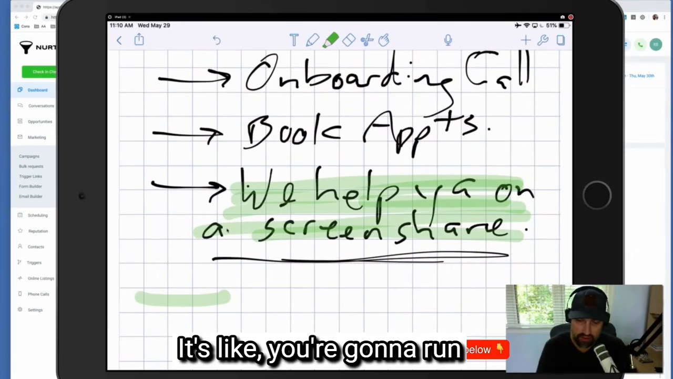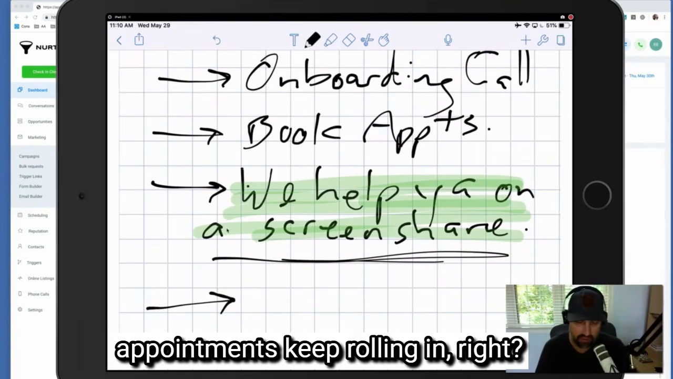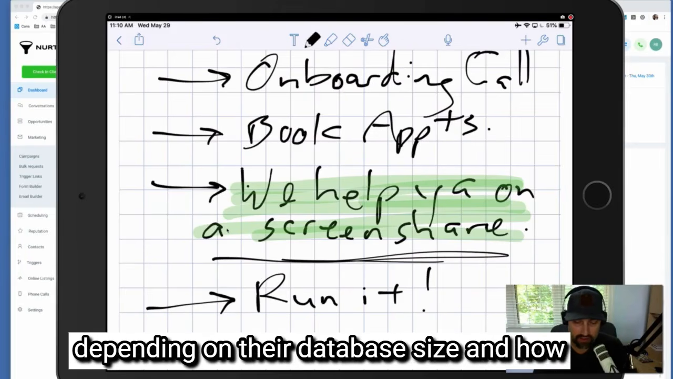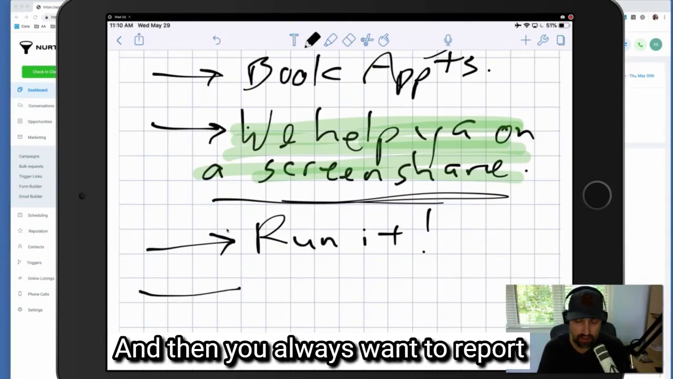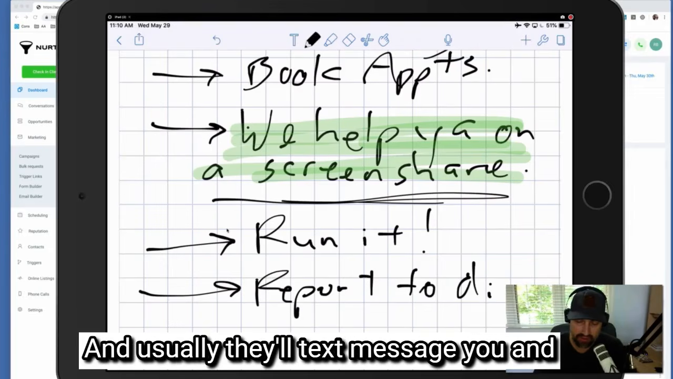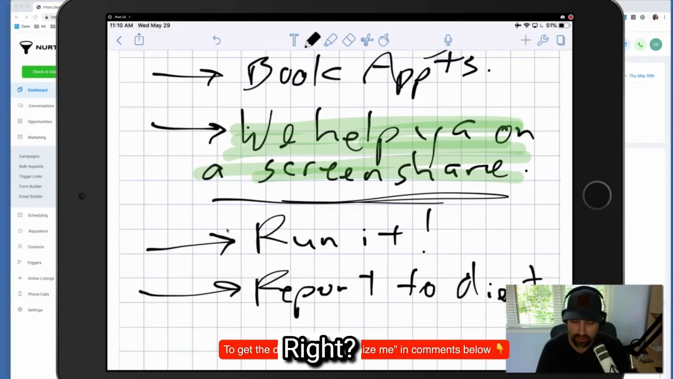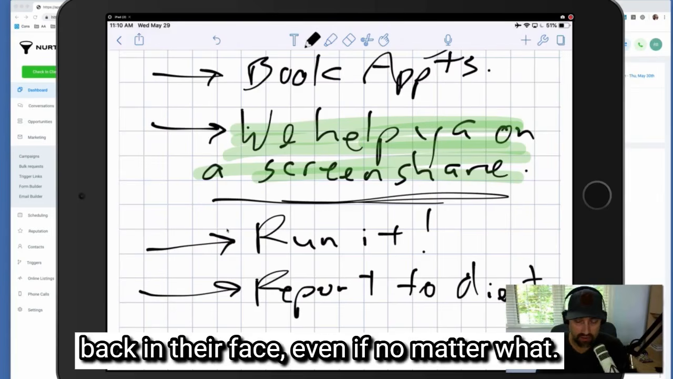Then you run it for as long as the appointments keep rolling in, right? This usually takes a few weeks to maybe a couple months, depending on their database size and how many appointments your client can handle. And then you always want to report the good stuff back to the client. Usually they'll text message you and be like, we're so busy, this is awesome, keep it going, right? But you actually want to push the results back in their face no matter what,